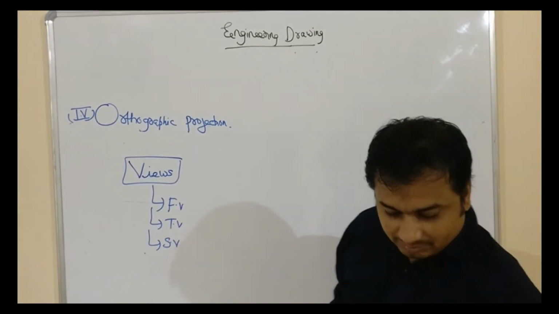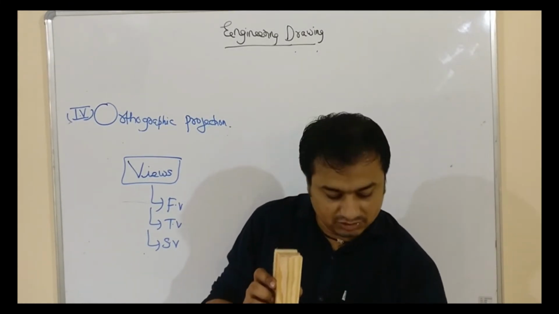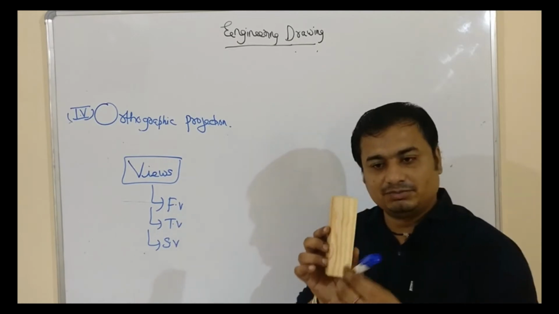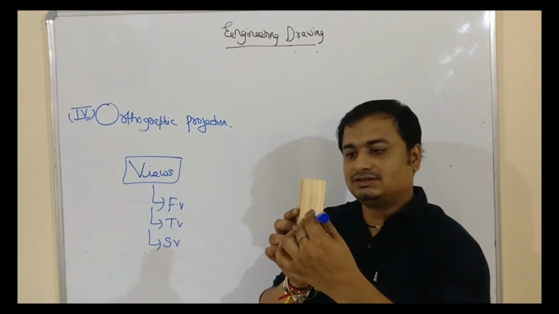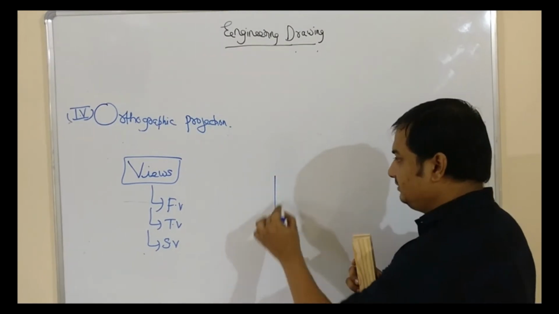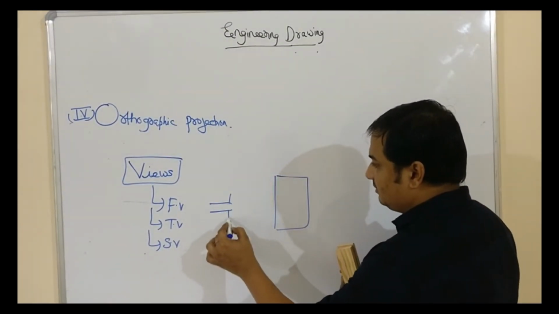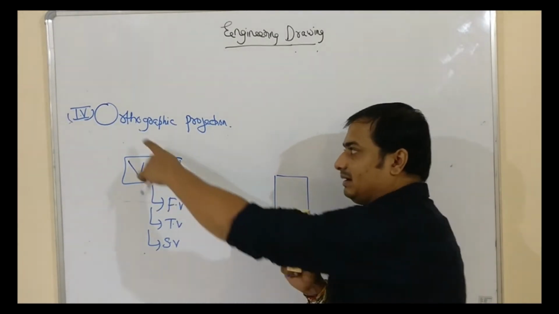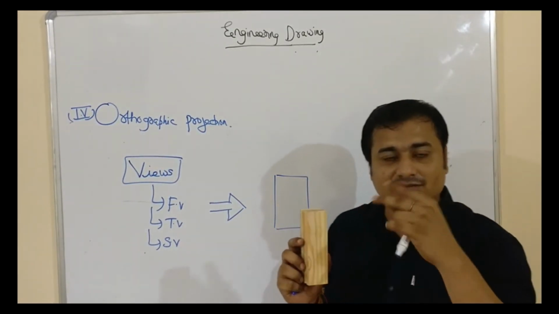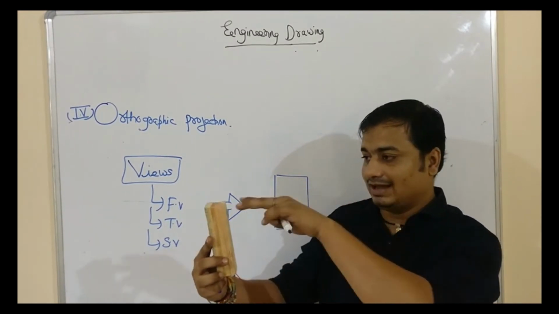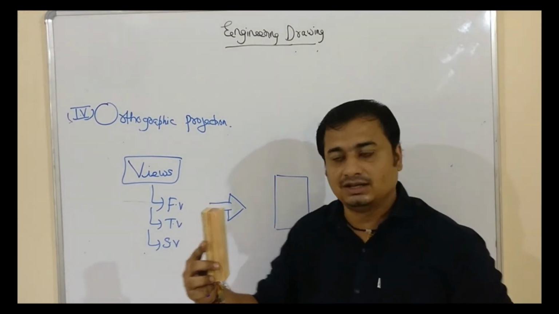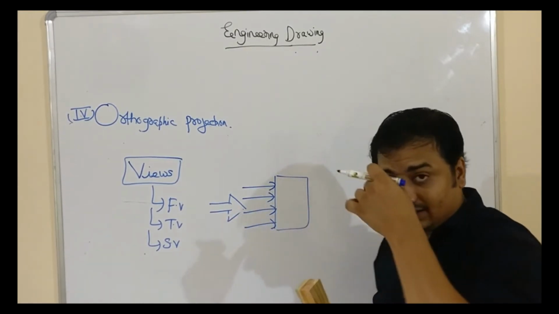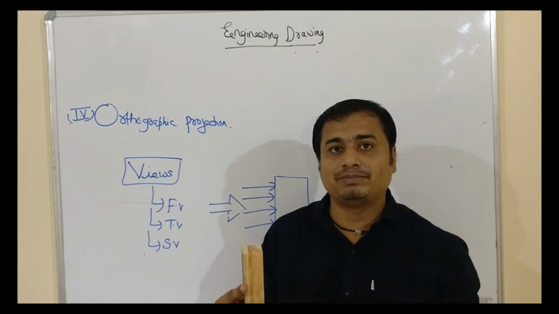So orthographic projection means, when you visualize the object, suppose our object is a duster resting like this. When you are visualizing the duster from the front, ortho means perpendicular. So the rays coming from our eyes should fall perpendicular on this object, like this, and all the rays should be parallel to each other.